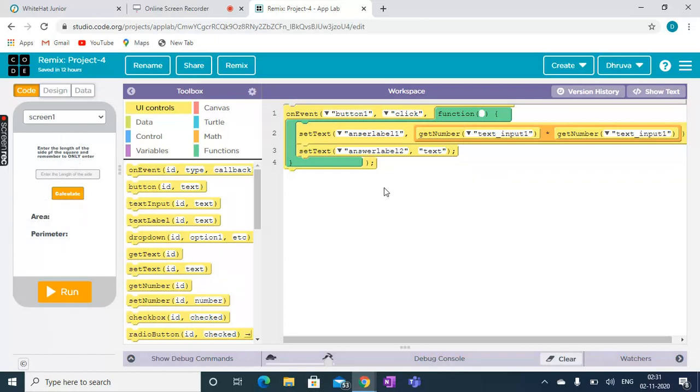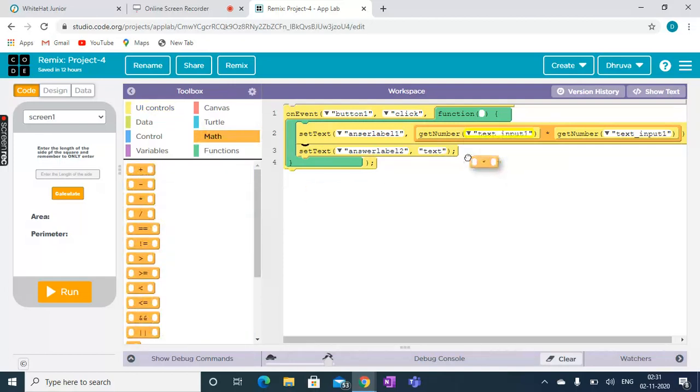And for the second, I will also use the multiply block, and I will multiply it by 4. You are thinking why 4, why 5, why 10? So look, enter the length of the side of the square.